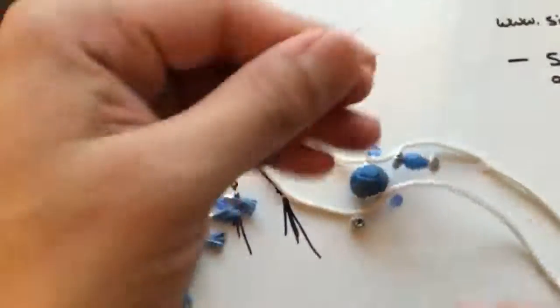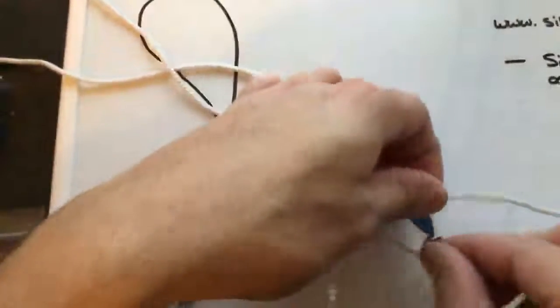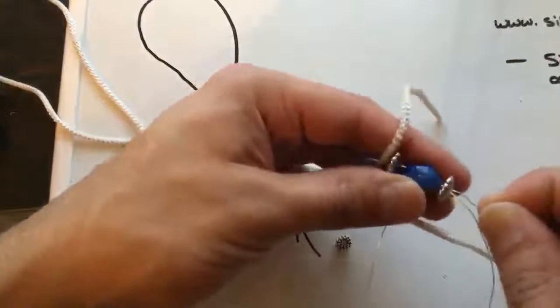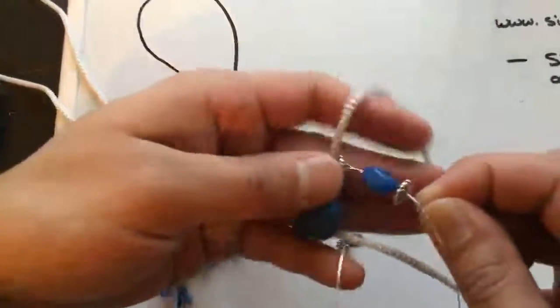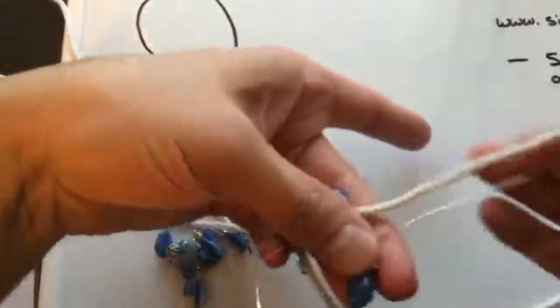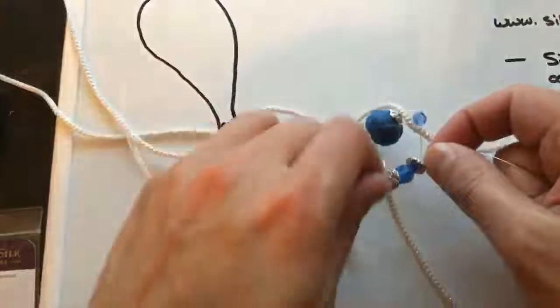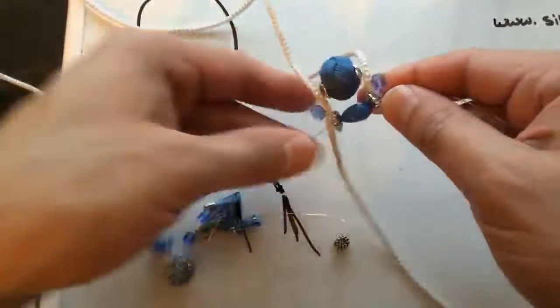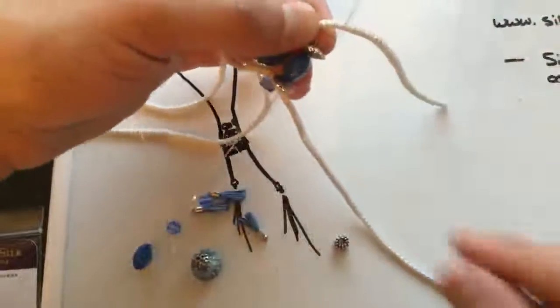There we go. All right, what I'm going to do is cross my wire from one end to the other between the beads here. So here we go. Go ahead and crisscross that. Just like that. Oh, you can already see it's coming together. And before I really tighten it,